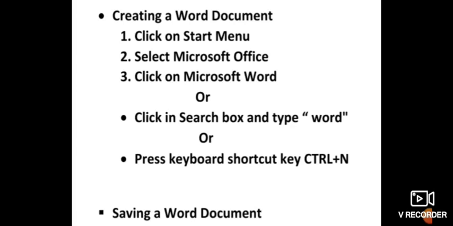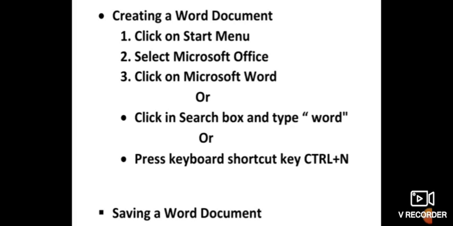As we click on Microsoft Word, the Microsoft Word window will appear, and as shown earlier in this video, the window appears in the same way, and it has all the components that were discussed earlier in this video.